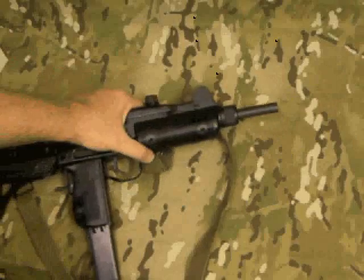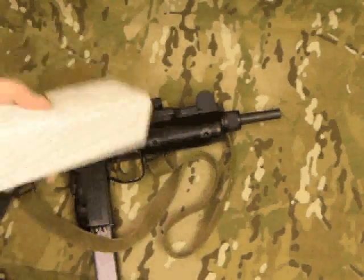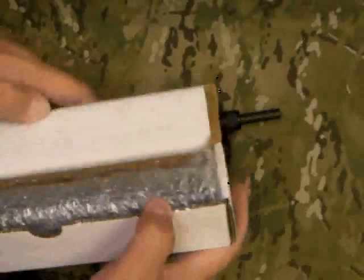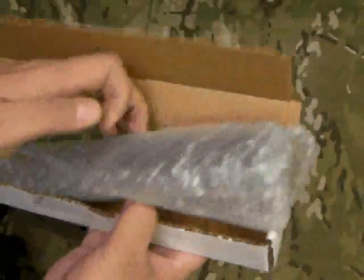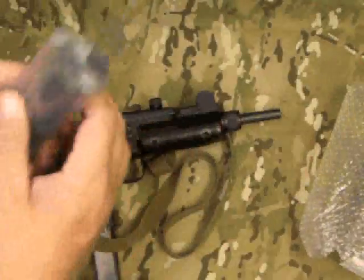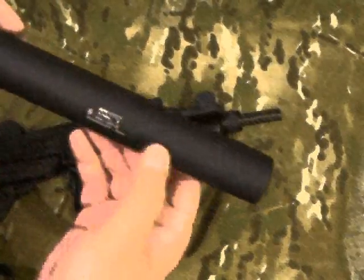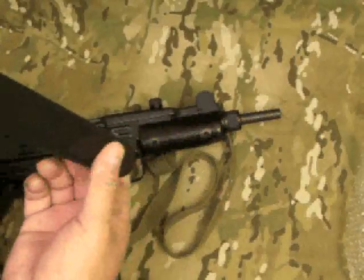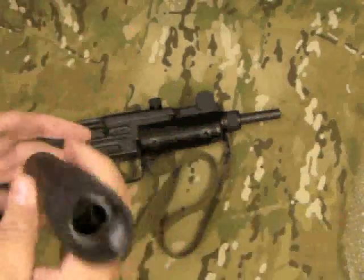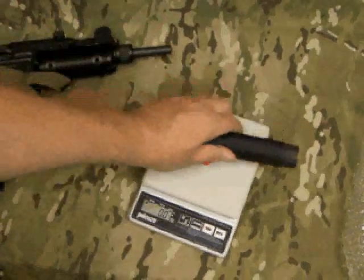Now we'll take a look at that suppressor. The 9mm, pretty decent round for suppressing. So Gemtech was able to make a fairly compact suppressor for it, like most Gemtechs. It comes in a cardboard box with some bubble wrap, and then it's inside. Nice looking suppressor, very lightweight. So this suppressor from Gemtech, the Mossad II,